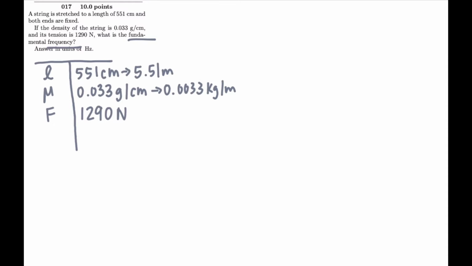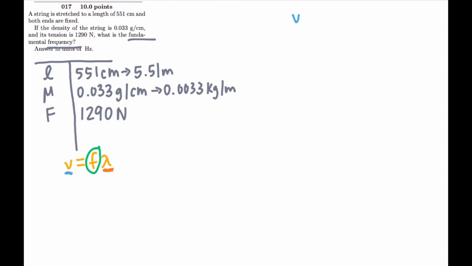So this is the equation we're going to be using, essentially. We'll do this in yellow, okay? The velocity is equal to the frequency times the wavelength. Now, you may be wondering, well, we don't have the velocity. Our frequency is the one we're looking for, our unknown, and we don't have the wavelength either. So you may be wondering, how are we going to solve for the frequency if we don't have the velocity or the wavelength? Well, first thing we're going to do is solve for the velocity using